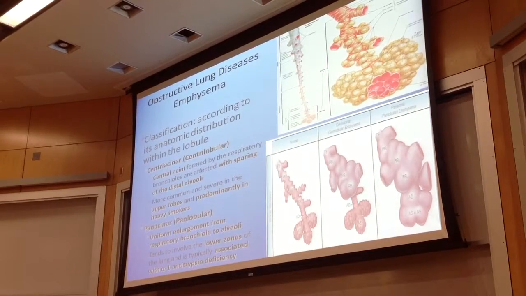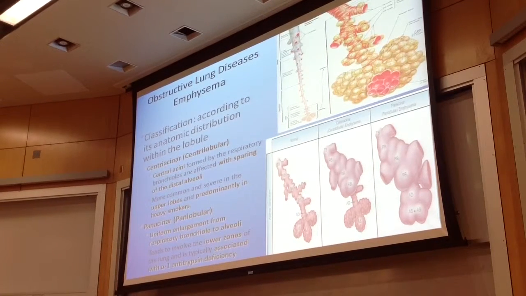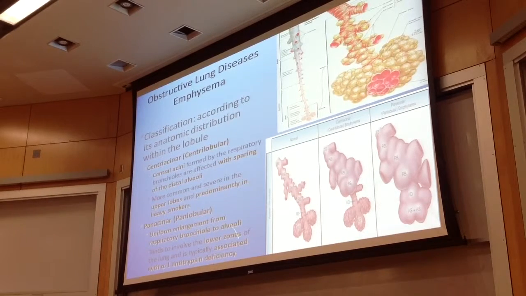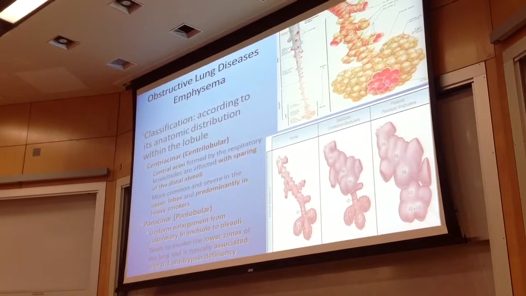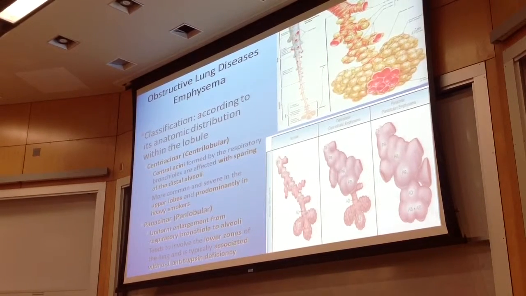We classify these into 2 main categories, centrilobular and panlobular. So centrilobular is the most common, that's associated with smokers. Classically, it's most severe in the upper lobes. And this results from involvement of the respiratory bronchioles with sparing of the most distal